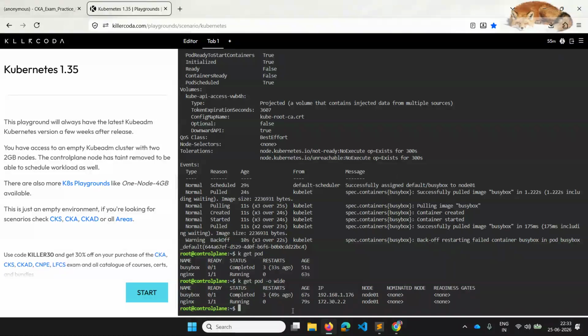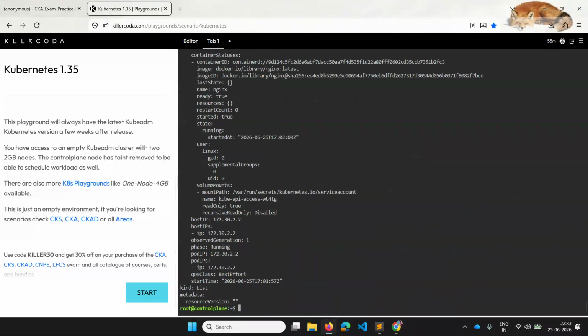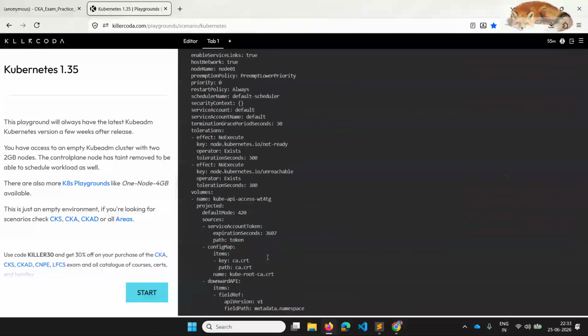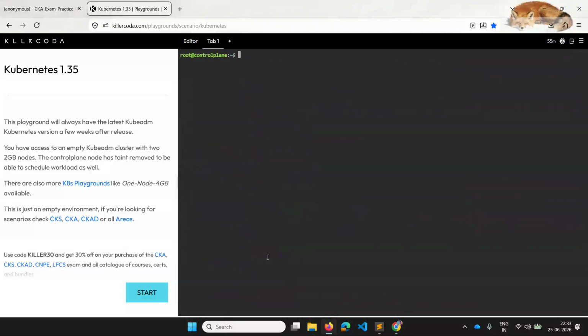So you can do k edit pod, or you can do k get pod -o yaml. Let me clear this. I want to get it for only busybox.